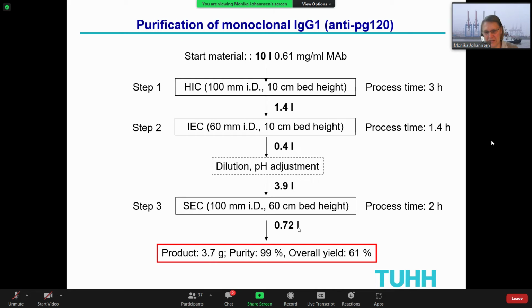0.7 liters, and in this we have a product of 3 point, and then we remove the water, and then we will have a product of 3.7 grams, and the purity is 99%. And the overall yield is 61%. So it means during the steps, of course, we will always lose a bit of our target protein, so the overall yield is a bit lower than